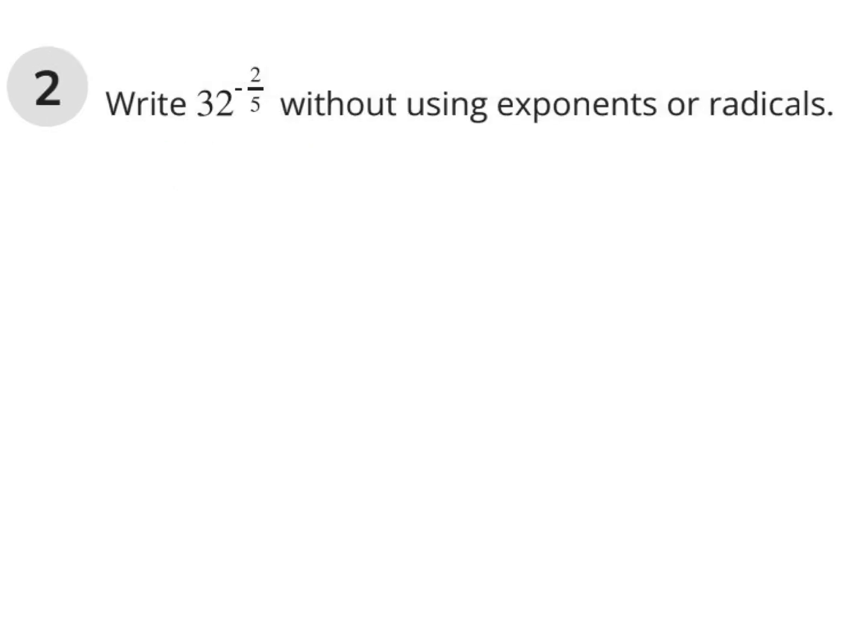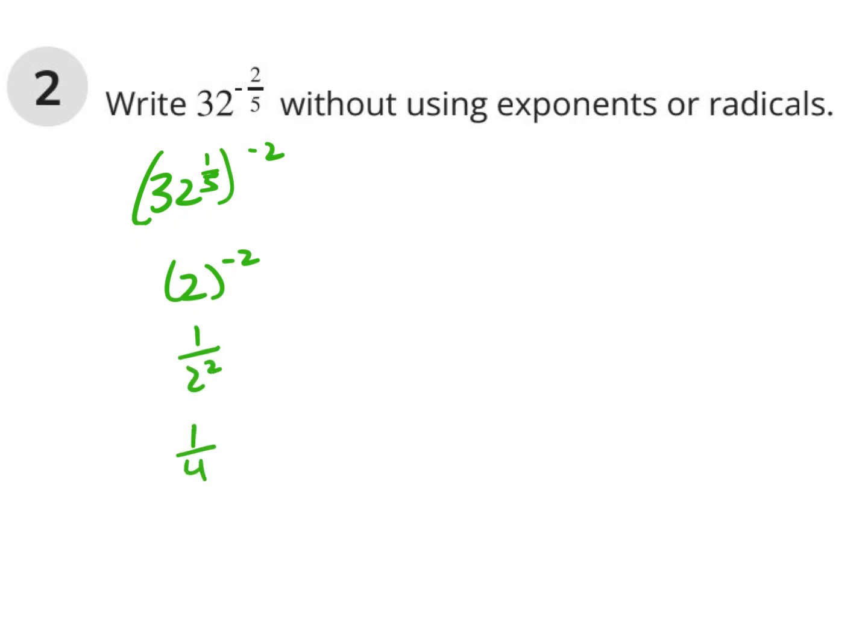Okay, now this one says, write 32 to the negative 2/5 without using exponents or radicals, which means we're going to have to take this one all the way down. So now, what I suggest you do is take 32 to the 1/5 power and then do it by -2. And why do I suggest this? Because 32 to the 1/5 power is 2. To the -2 is 1 over 2 squared, which is